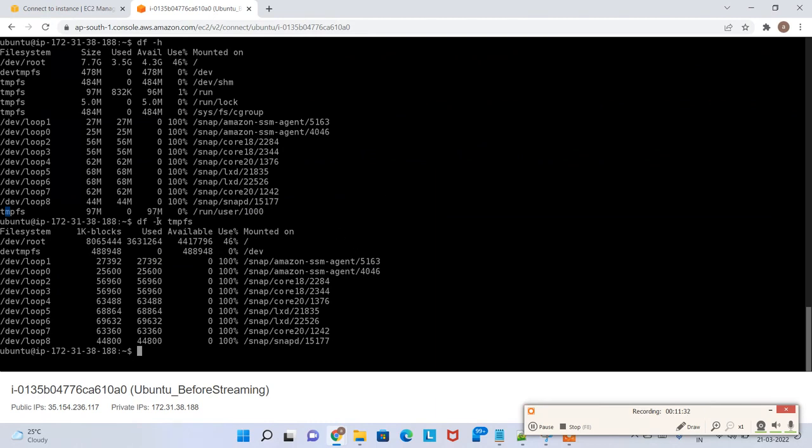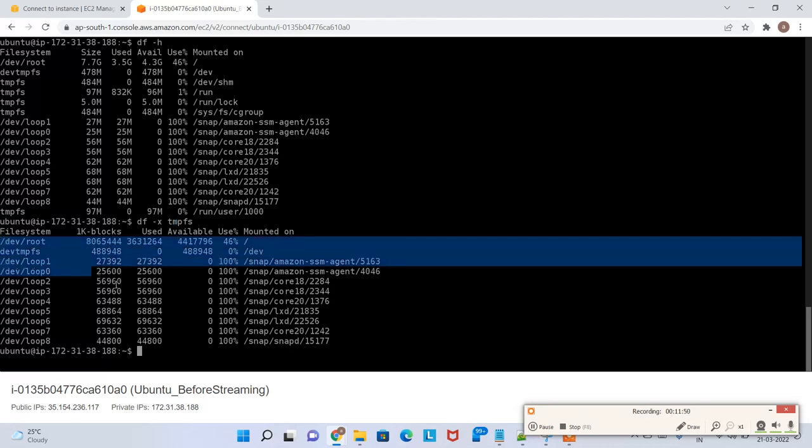Okay, so what exactly happened was you don't want this file system to be displayed. Apart from this file system, you want other file systems to be displayed. So -x means it is excluding this particular file system. Say for example, if you do df -x tmpfs, here I did not get anything called only